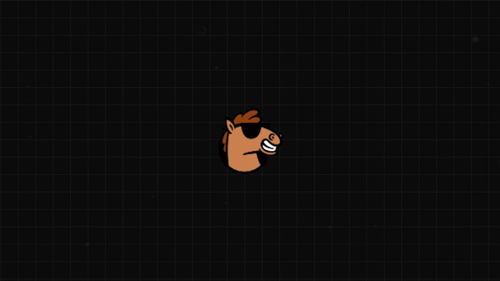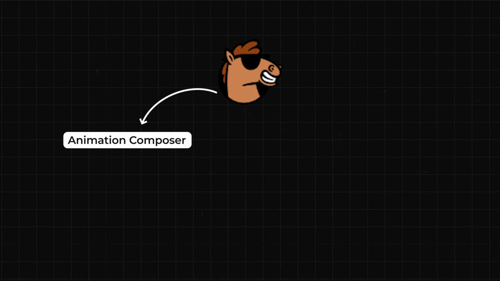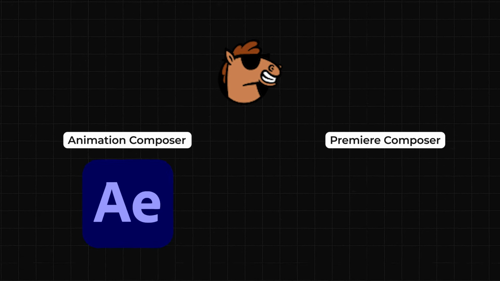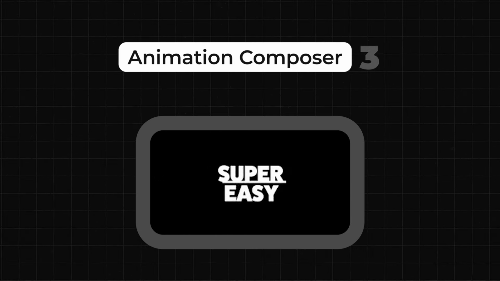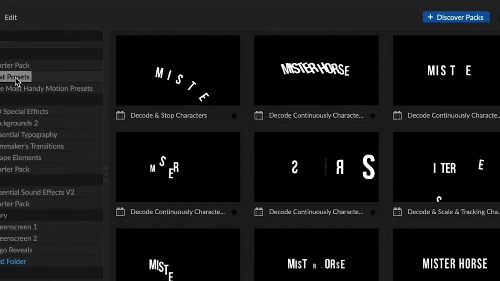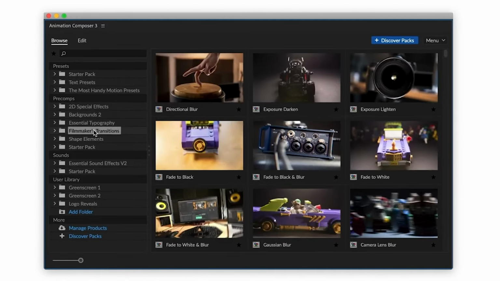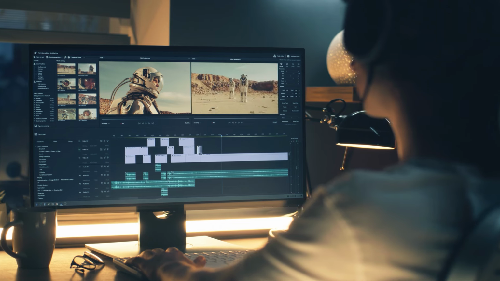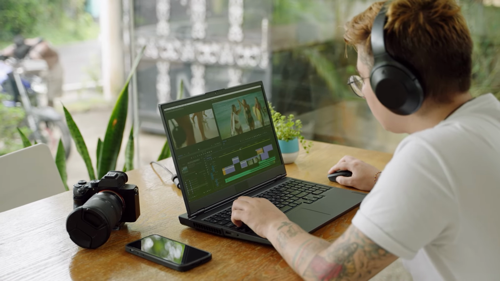Now, within its impressive arsenal are two offerings in particular: Animation Composer and Premiere Composer, which are designed to streamline tasks within Adobe After Effects and Premiere Pro respectively. Animation Composer, now offered as Animation Composer 3, provides a broad range of pre-built motion design presets, including transitions, text animations, and effects, allowing editors and creators like you to quickly apply dynamic elements to their projects without the need